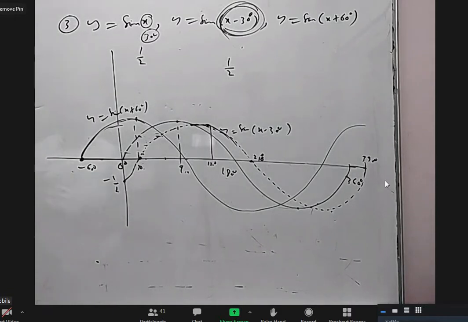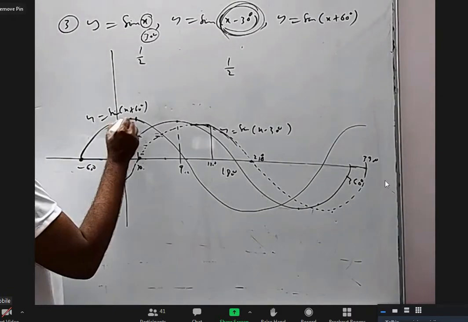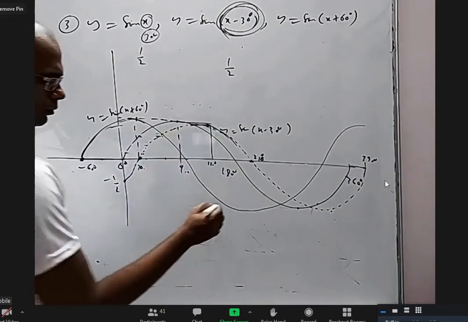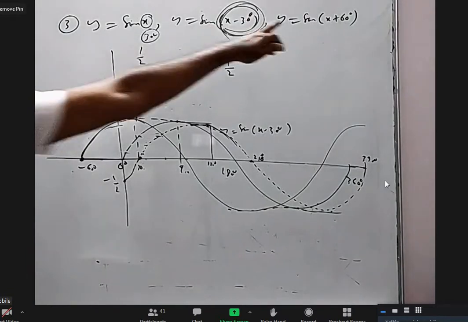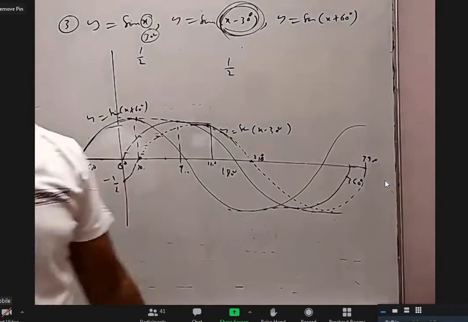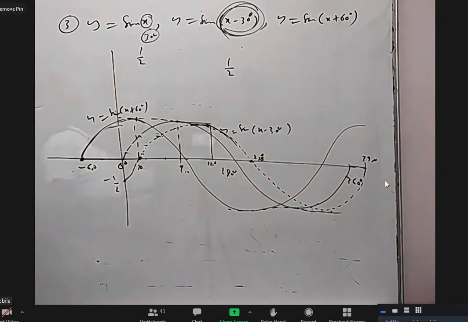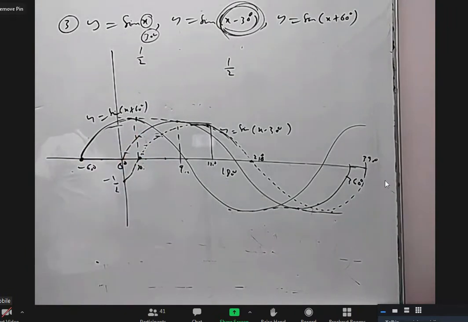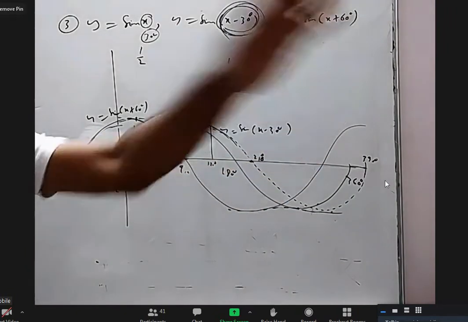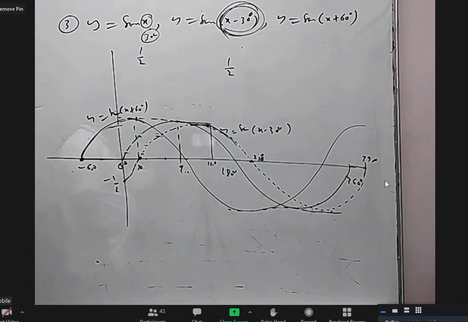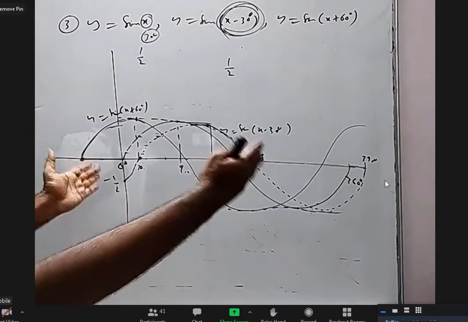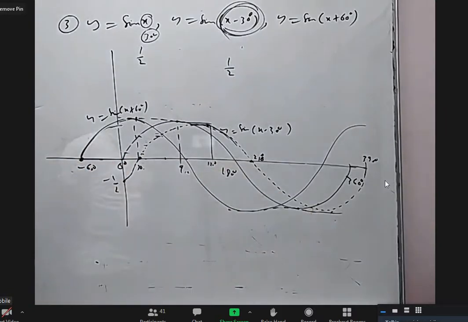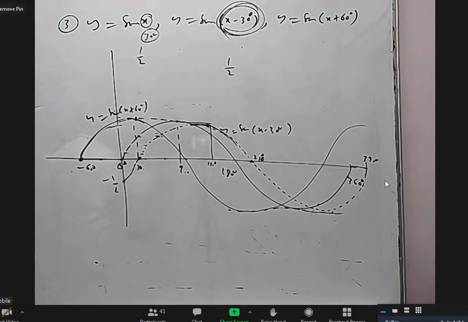Sir, actually, in y equal to sine of x plus 60 degrees, you have taken 60 degrees on the negative x-axis, no, sir? Yeah, minus, because when x is minus 60, it will become 0. Actually, the graph is forever. Even sin x also has a graph there. I drew only one wave. I did not draw further waves. Sin x is an unending graph. All are unending graphs, but I was trying to draw somewhat between 0 to 360, a little this way, a little that way.